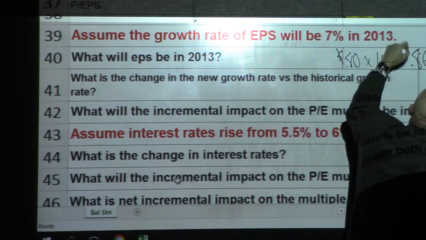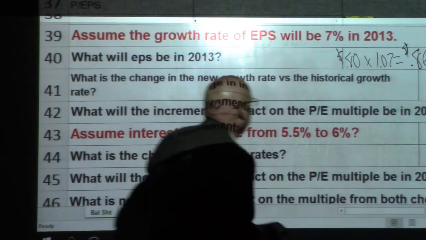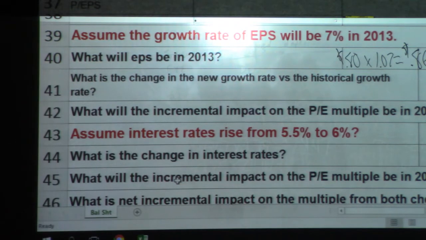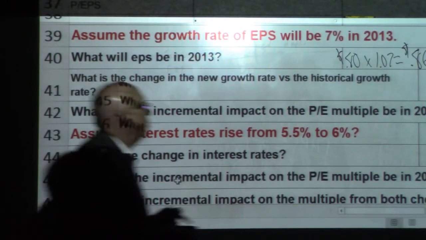So 0.8 times 1.07 is equal to 0.86. So it's going to be a little bit higher this year. Instead of 1.053, it's going to be 1.07. So 86 cents instead of 85 cents. All right, so what is the change in the growth rate versus the historical growth rate? So the new growth rate,